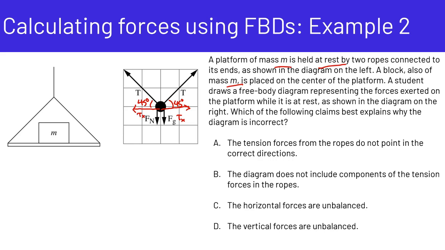But then we have tension in the y direction. So we have 2 components of tension in the y direction. So we have this tension and we have this tension. So that's tension in the y direction, and this is also tension in the y direction. And then we have our normal force and our gravitational force here. And you can see that our 2 tension forces plus our gravitational and our normal forces, when we add those forces together, are not equal to each other. So they are definitely unbalanced. So our correct answer then would be D.